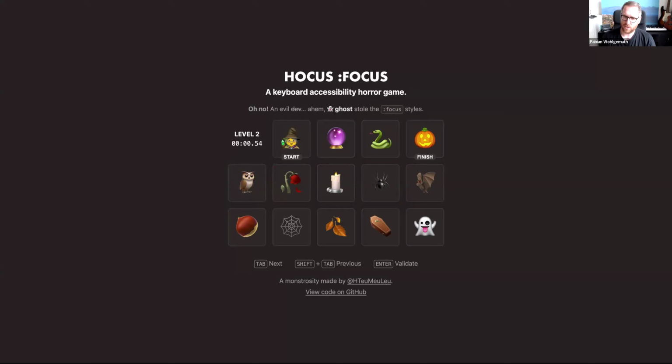So I'm pressing Tab now, and you see there's nothing to see because the focus style was removed. So I'm pressing Tab and I'm moving to another element, but I cannot see it anymore. So I can move back and I can see it, but you get the hang of it.